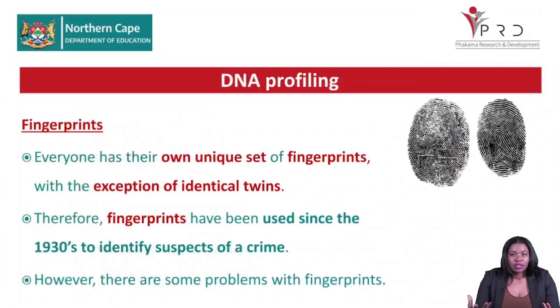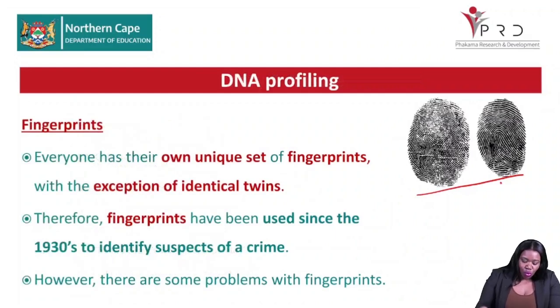So the fingerprints that we have on our fingers, right, as you can see over here. So everyone has their own set of fingerprints, right? Except for identical twins. Identical twins have identical DNA, they have identical fingerprints and features, right? So fingerprints have been used since 1930 to identify suspects in crime. So we are still using fingerprints to identify individuals